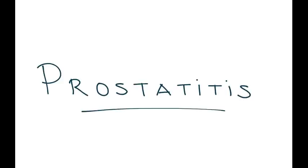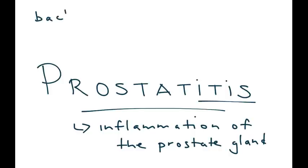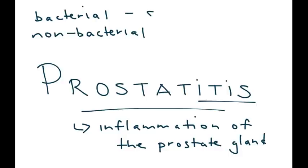Prostatitis is the topic for this video, and the "itis" should be a clue that this is of course talking about inflammation, and inflammation of the prostate gland. Prostatitis can be bacterial or non-bacterial, and if it is bacterial, it's caused by the same bugs that cause urinary tract infections. So that kind of helps you remember: same as the UTI bugs,